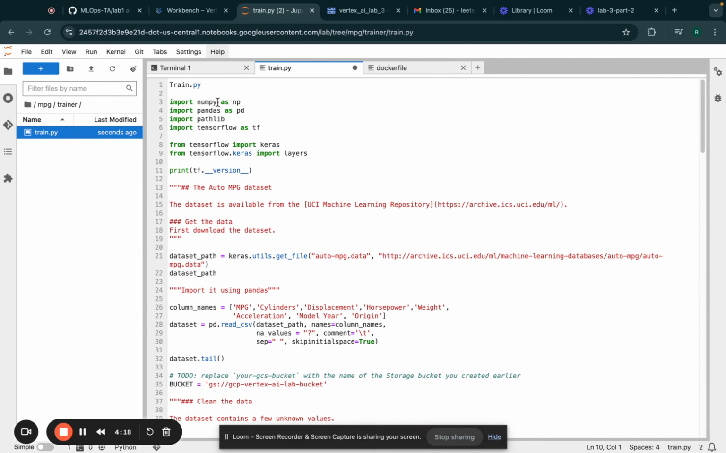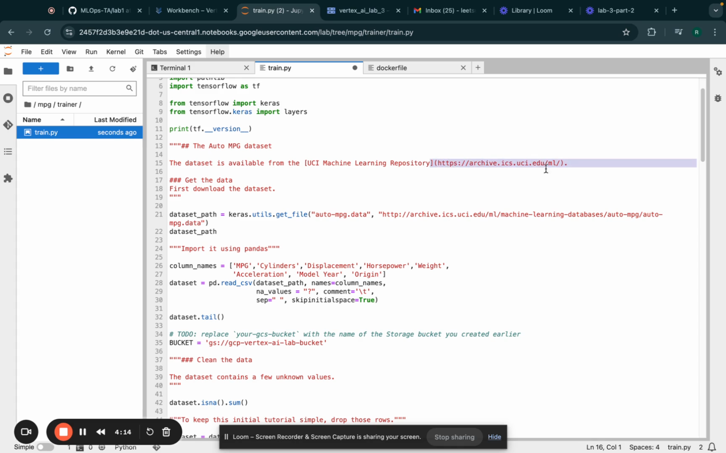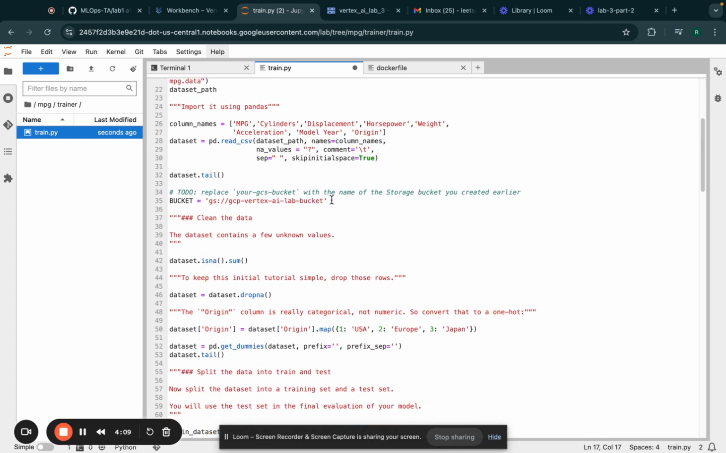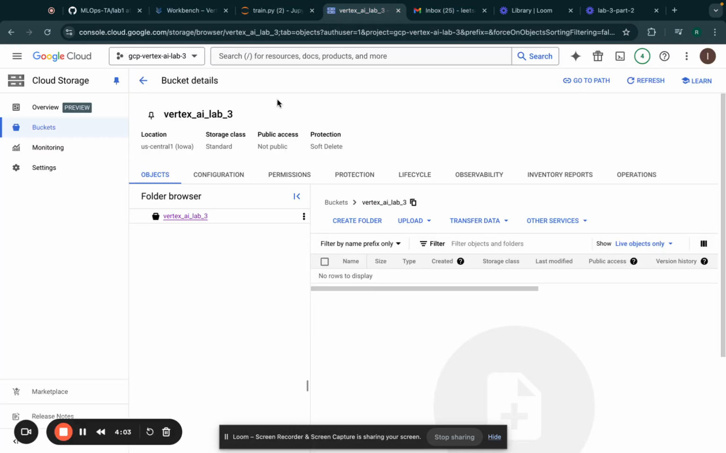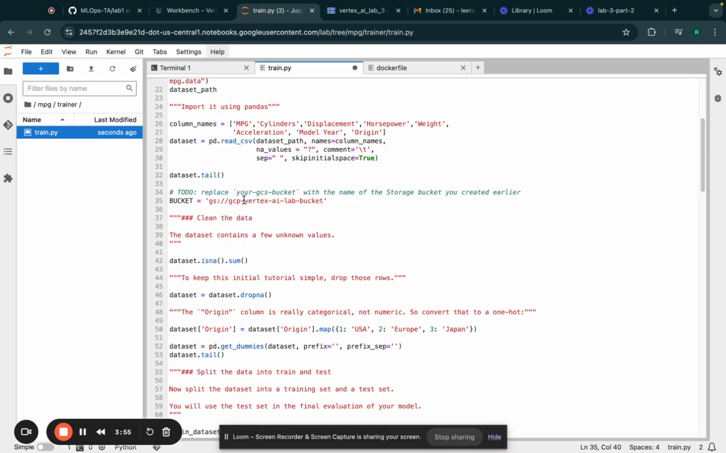So this will be the TensorFlow model. We are loading datasets from the UC Irvine repository for MPG data. We'll have to replace the project ID here, which we can get from this. So this will be our project ID. Just replace it here,